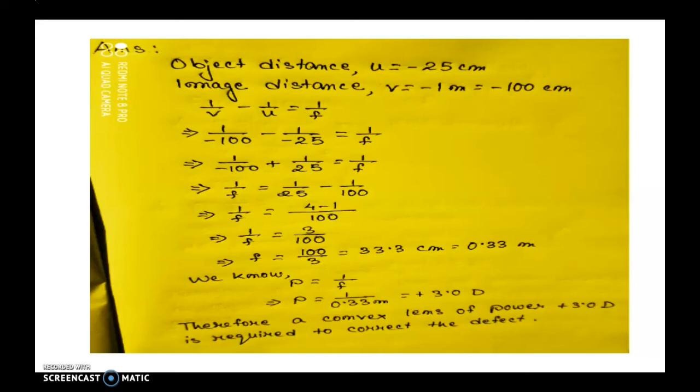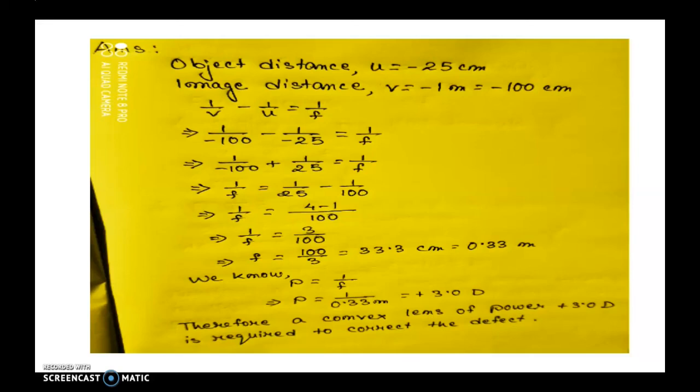Again here also we have to use the lens formula, that is 1 by v minus 1 by u equal to 1 by f. And if we put the value of v and u in this lens formula, we get the value of f, that is focal length, as 33.3 centimeter. And if we convert that into meter, we will get